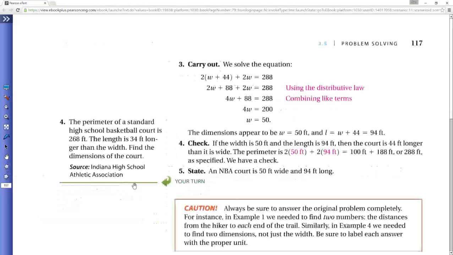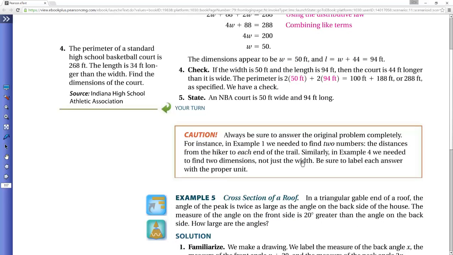I guess let's stop at that caution again. Always be sure you answer the original problem completely. I see this a lot. You go through a lot of work. It can take you a lot of time on some of these word problems. Get through all that stuff, be exactly on the right track, and then not answer the question that they're asking